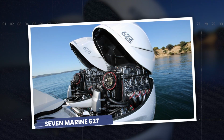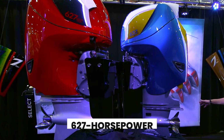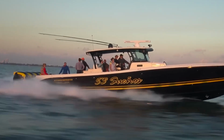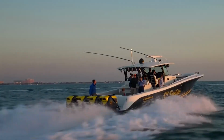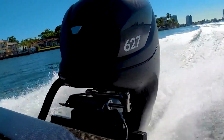Now we jump into modern madness. The 7 Marine 627 horsepower outboard made headlines as one of the most powerful outboards ever put into production. At its core is a 6.2-liter supercharged GM V8 block that's been heavily marinized. Strapping 1, or 2, or 3 of these onto the back of a center console is like rocket fuel for the rumor mill at the